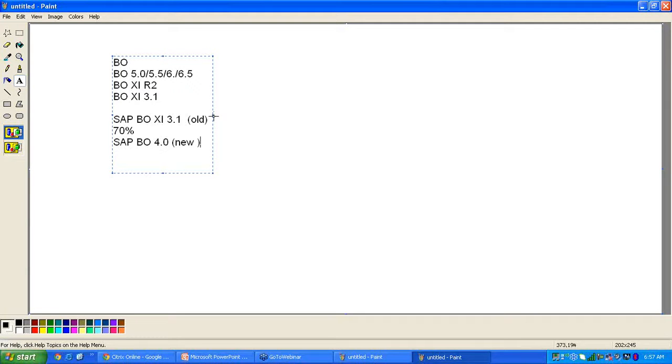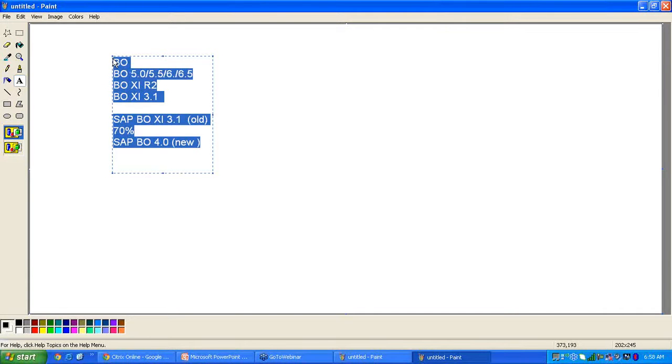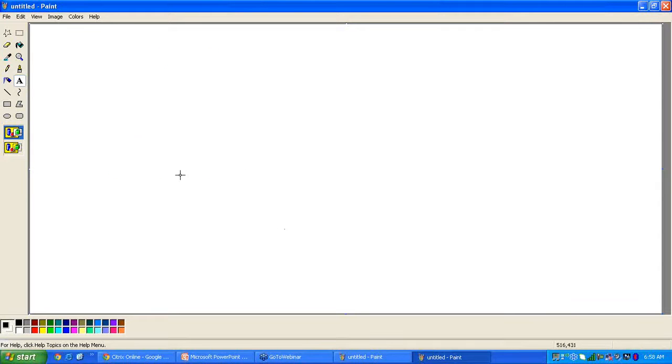It will be at least a 6 months activity when migrating from 3.1 to 4.0. But XI R2 to 3.1 takes less than 3 months, because many changes happened from 3.1 to 4.0. These are the different versions of current business objects.